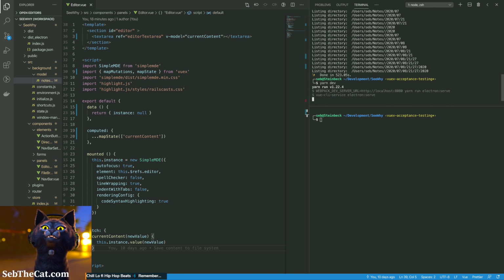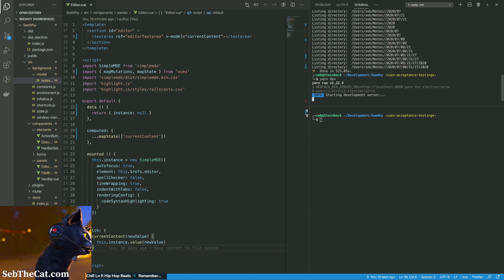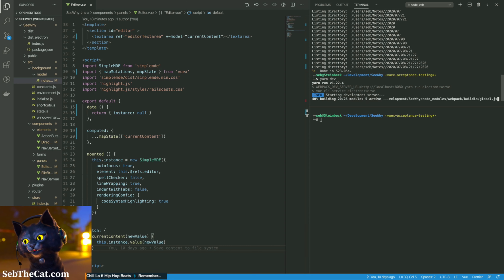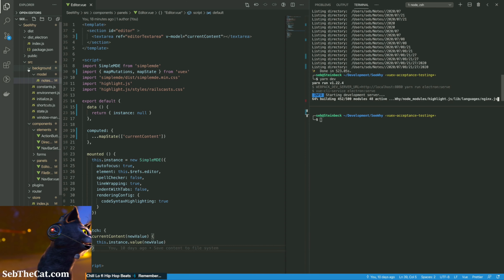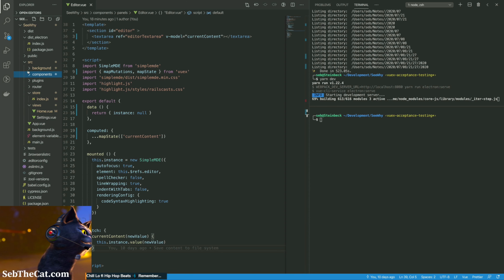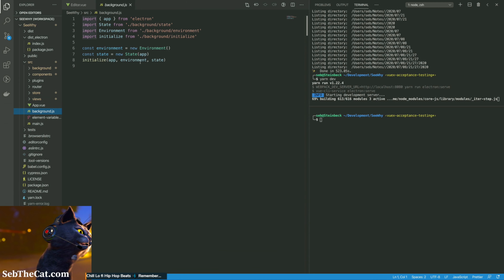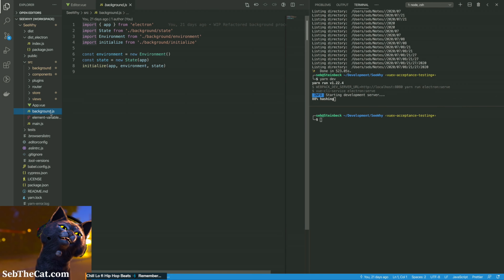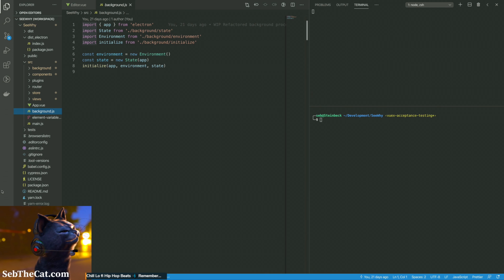So if I push Control Space, it just hides the window, but it doesn't actually close the application. I think I'm going to turn that off, in fact. So what we're going to do is go into this background, I believe. And the way that Electron works is